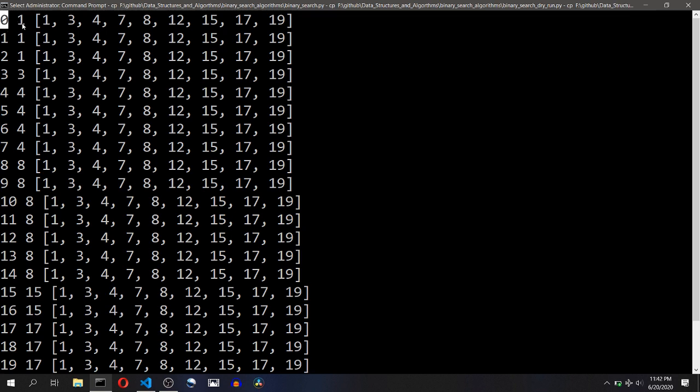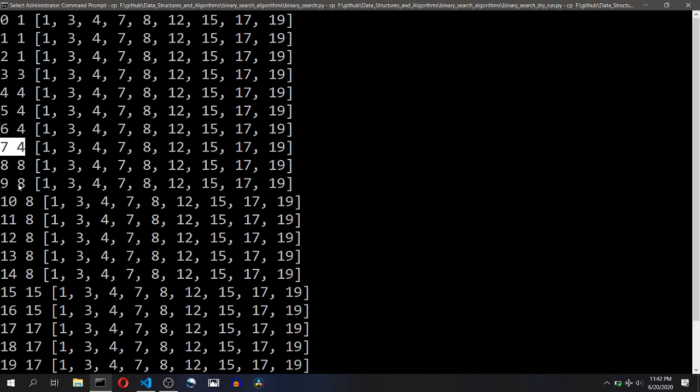As you can see, for inputs of 0, that is elements that are present outside the left bound, are returning values of 1, and 1 is not less than or equal to 0. So this condition is wrong. 1 is correct, 2 is correct, 3 is correct, 4 is also correct.